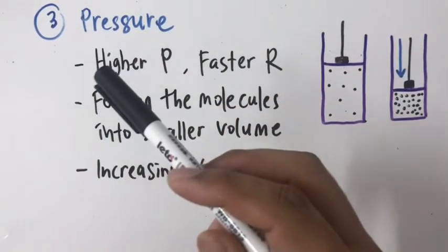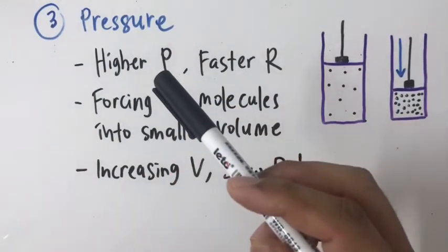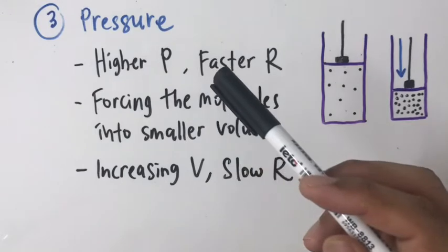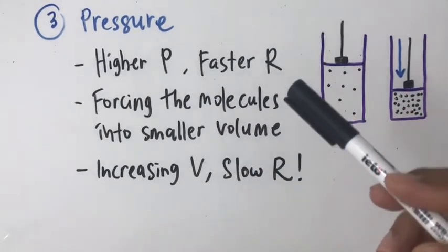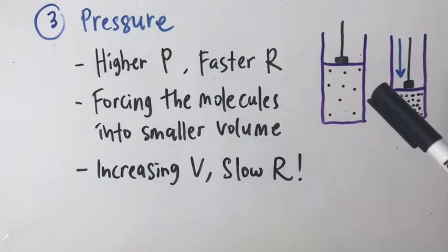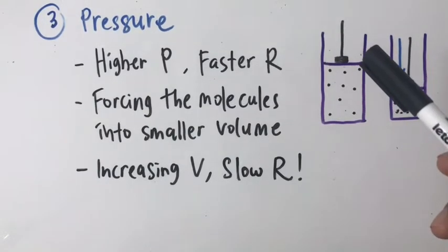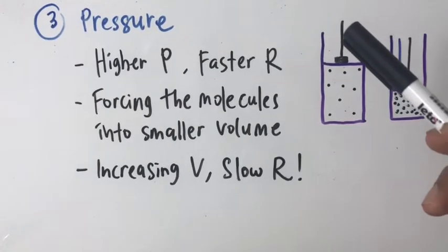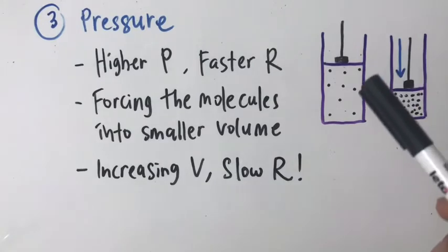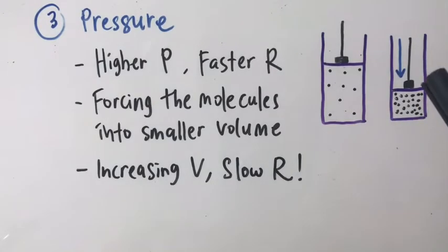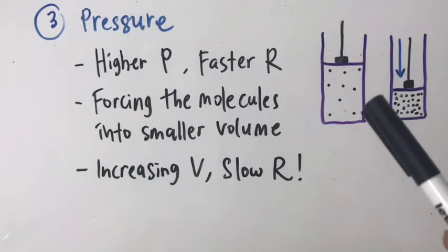At higher pressure can also be related to higher concentration, which will result in a faster rate of reactions. Let's say when we have system here where the system having a large volume, however when we are applying pressure to the system, we are forcing the gas molecules into a smaller volume, meaning that there will be a higher concentration of the gas molecules in the system, then there will be a frequent collisions among the particles and the